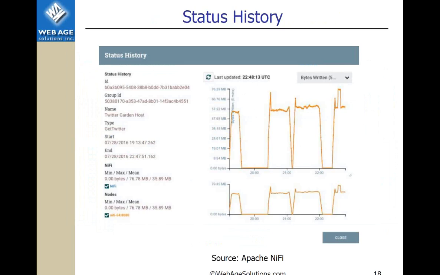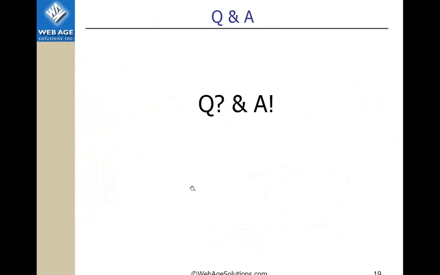Okay, and NiFi is currently having very good integration with HDP, Hortonworks Data Platform, workflow system. It has the Ambari UI, and you can pull out those statistics and display them in a consolidated view. Okay, so that's it for me for this presentation.